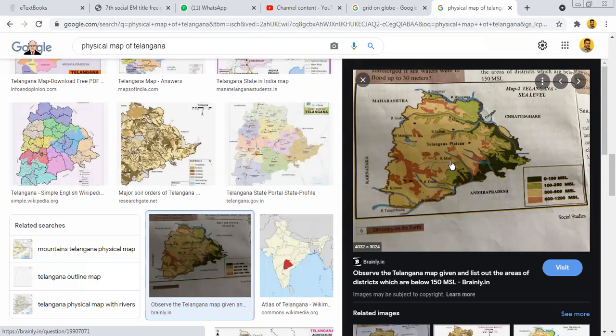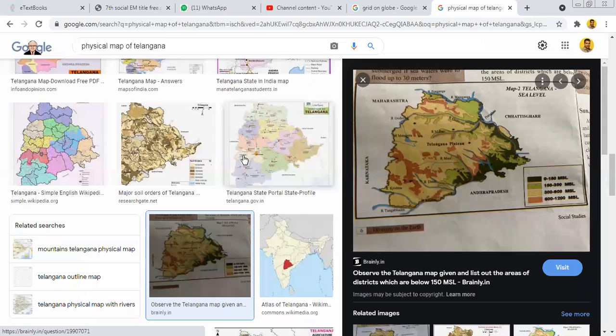So people go to those places in summer holidays to avoid the hot conditions in our state. So we can understand the height of places by using this